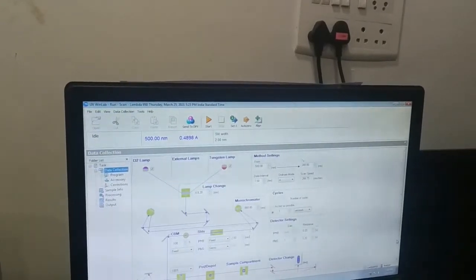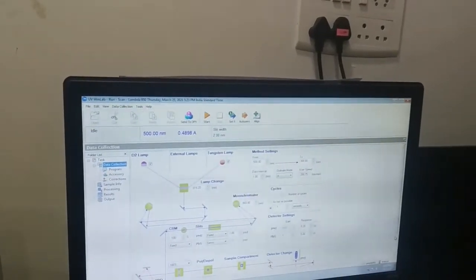The name of the experiment is observation of absorbance and transmittance of different samples by spectrometer with different polarization.